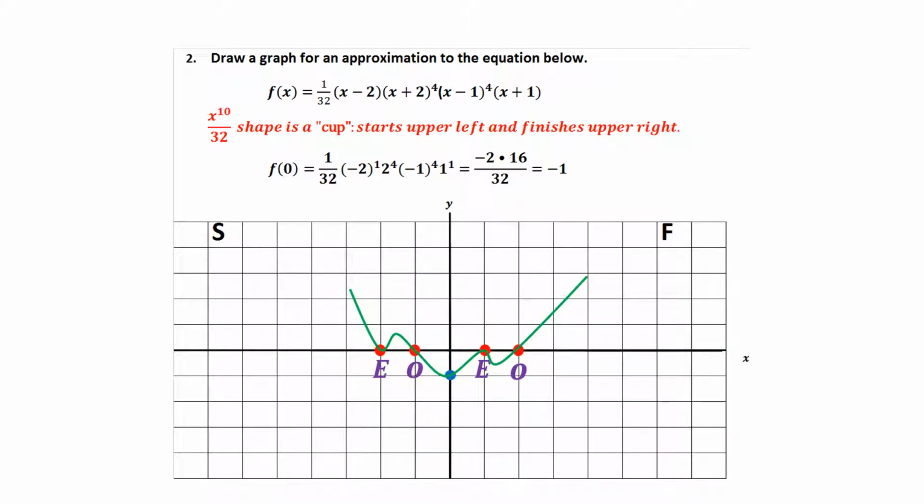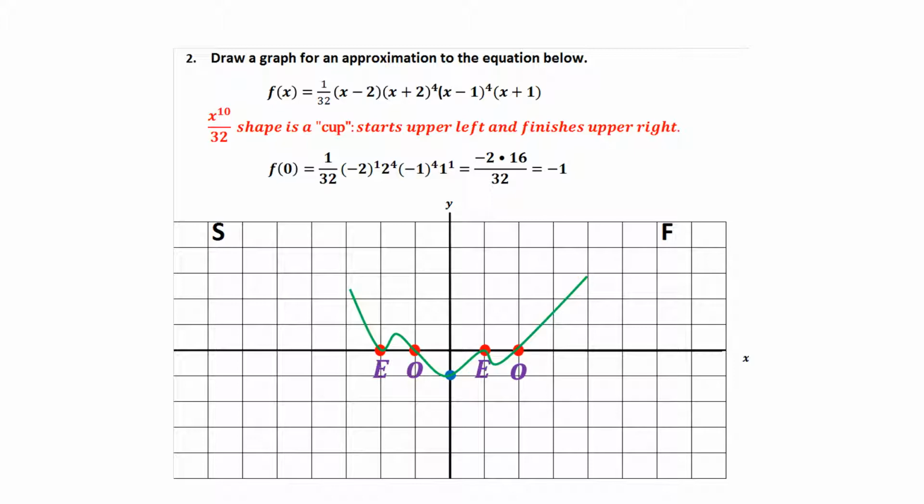Here we have our second example. f of x is 1 over 32 times x minus 2 to the first power, x plus 2 to the fourth, x minus 1 to the fourth, and x plus 1 to the first. Now, what makes x minus 2 zero? 2. So we see a red dot on the right-hand side, and there's an O under it because the exponent